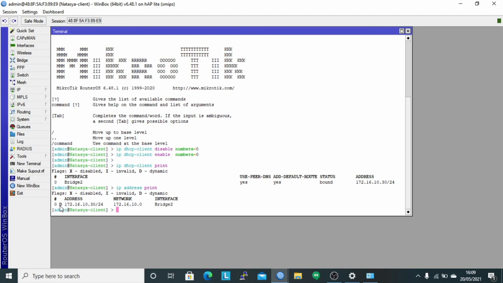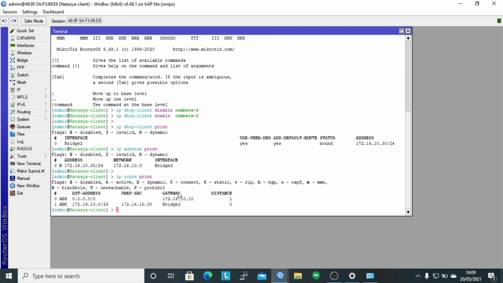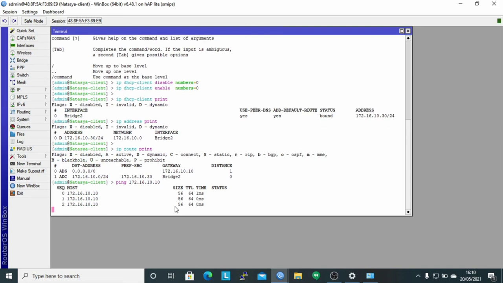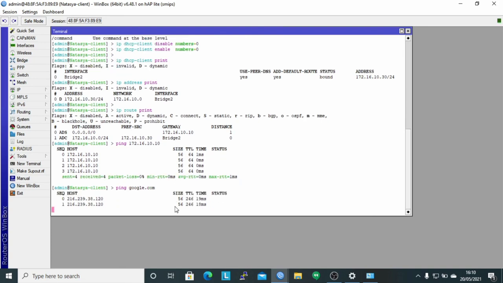And next perform ping to the IP gateway and ping to Google. Before ping, check the IP gateway with the command IP route print. It can be seen that the gateway is 172.16.10.10, and perform ping to the IP server with the command ping 172.16.10.10 and ping to Google with the command ping google.com.